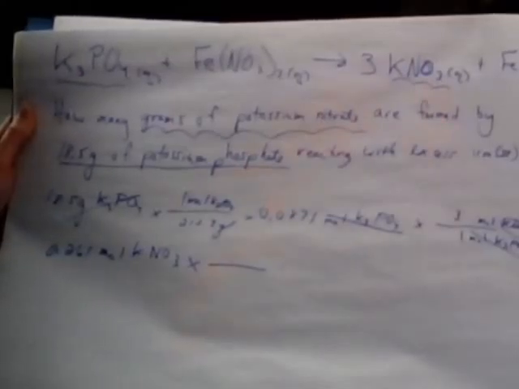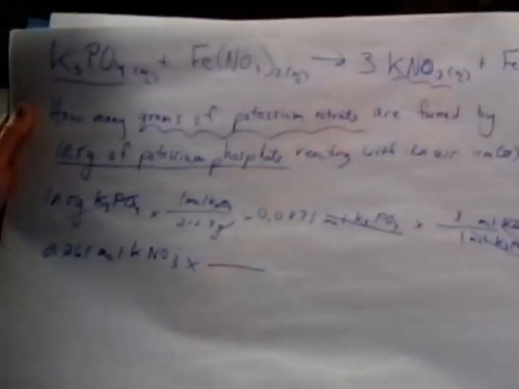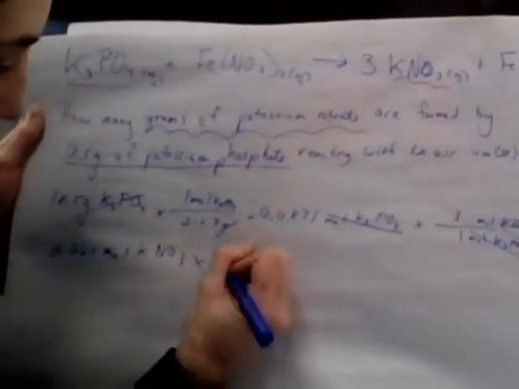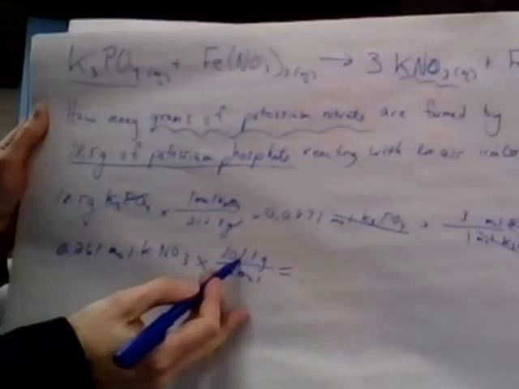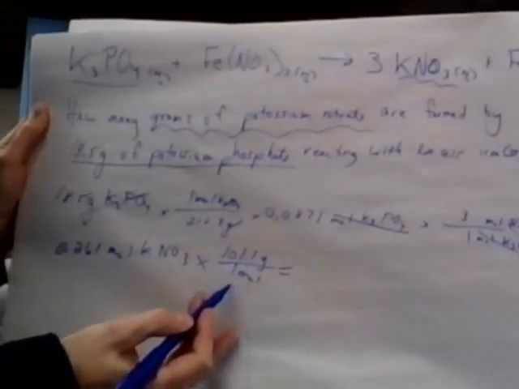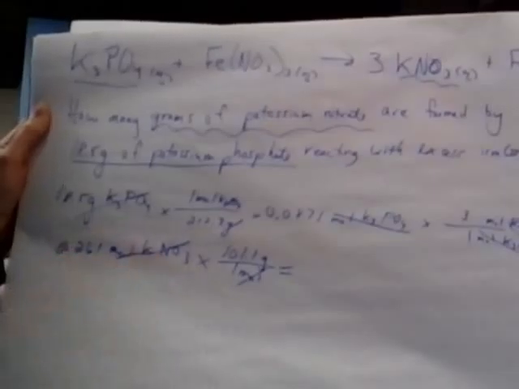So the mass of K is 39.1. The mass of nitrogen is 14.0. The mass of oxygen is 16.0 times 3 gives me a 48. And so we add all that up, and that is 101.1 grams per 1 mole. So this is the molar mass. Molar mass is always per 1 mole. So I'm multiplying moles of my wanted substance by its molar mass. And that gives me